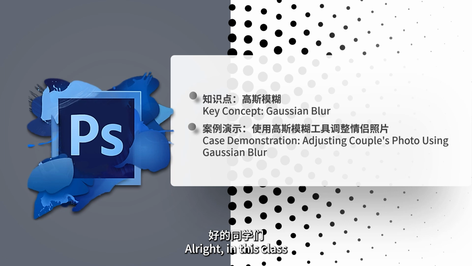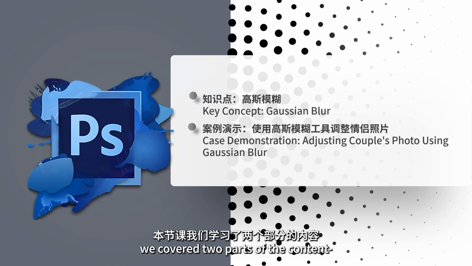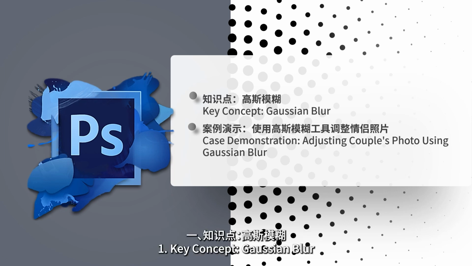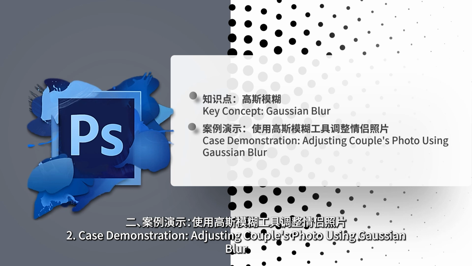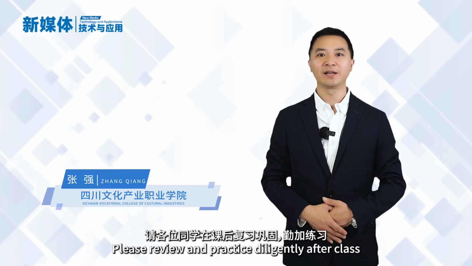Alright, in this class, we covered two parts of the content. 1. Key concept: Gaussian blur. 2. Case demonstration: adjusting a couple's photo using Gaussian blur. Please review and practice